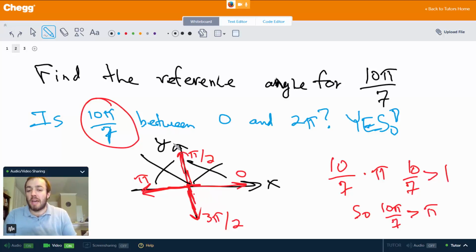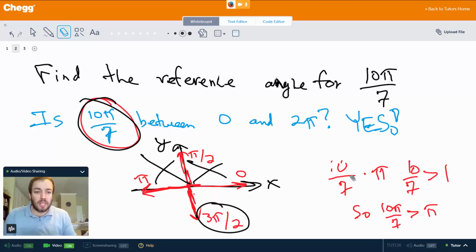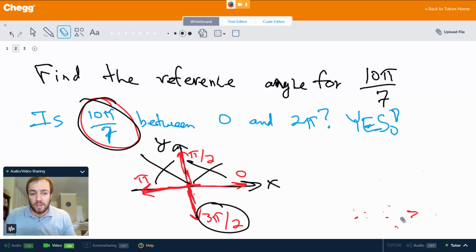So basically all we have to do now is compare 10 pi over 7 to 3 pi over 2 and see which one is larger, okay? So let's go ahead and do that. So we're going to get rid of this now. Now, how do we compare 10 pi over 7 and 3 pi over 2? Well, the same way we would compare pretty much any type of fraction, just get common denominators. So even though we have a pi there, the pi is really not making anything that much more complicated. So all we have to do is say, okay, 10 pi over 7